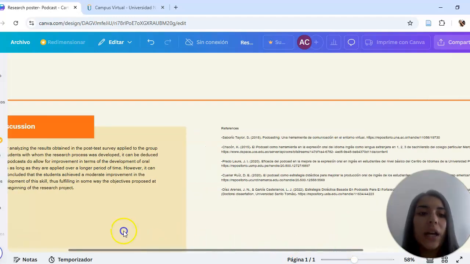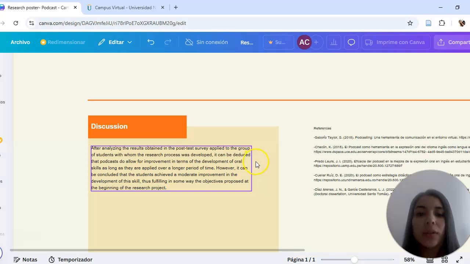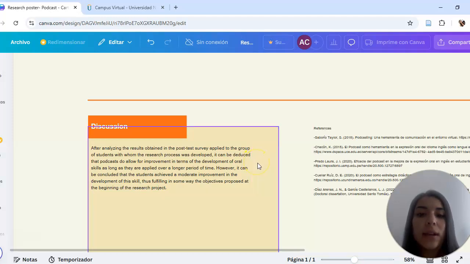And finally, it can be concluded that podcasts are a great strategy to improve oral skills in the classroom, but it is important to mention that to obtain more significant results, it is necessary to specify a longer time for the application of podcast creation to obtain better progress. But this process was successful and the objectives proposed at the beginning of the project were